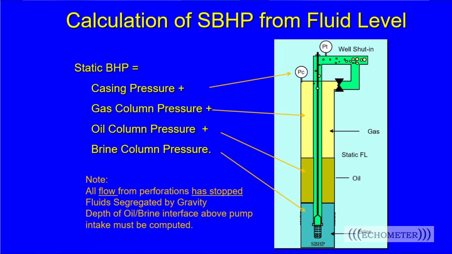This slide is showing the fluid distribution in the annulus, but on a pump well. It would be the same thing in the tubing of a flowing well, or a pseudo-flowing well, like a gas lift or plunger lift well. We have different components going into that bottom hole pressure: the surface pressure, the gas column pressure, the oil column pressure, and the water or brine column pressure. As the well gets shut in, we talked about the segregation of these fluids, with the brine or the water being the heaviest, so it's going to be on the bottom. And we